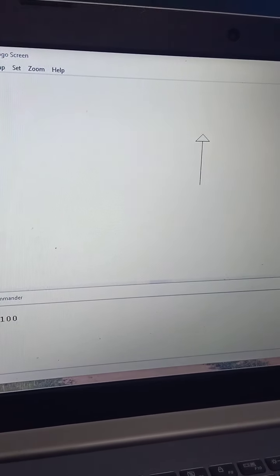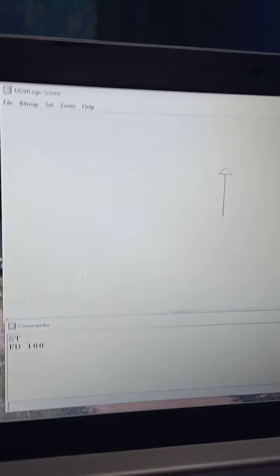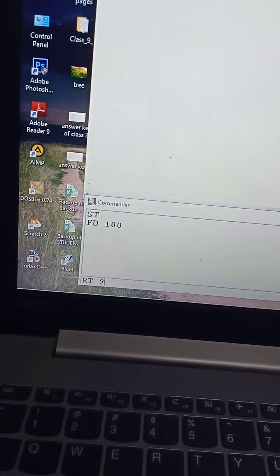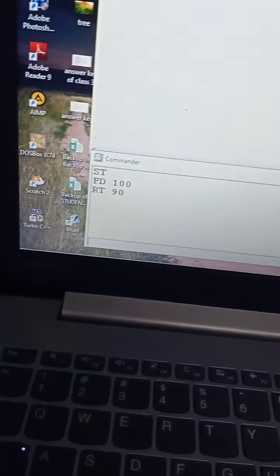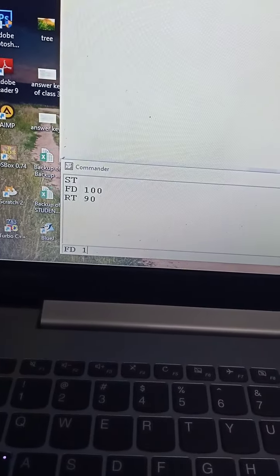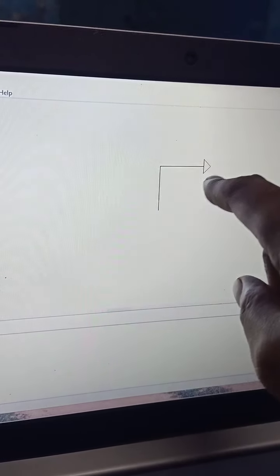Okay, now we have to turn the turtle in the right hand direction, means these directions. So RT 90. Again we have to move the turtle forward in that direction, so FD 100 again. Now the turtle is coming in this direction.